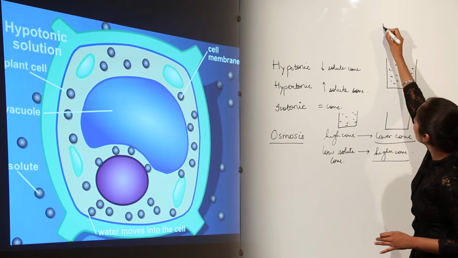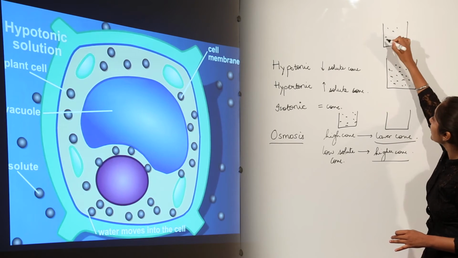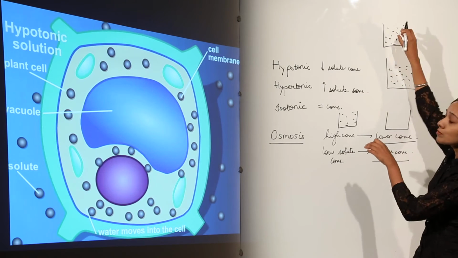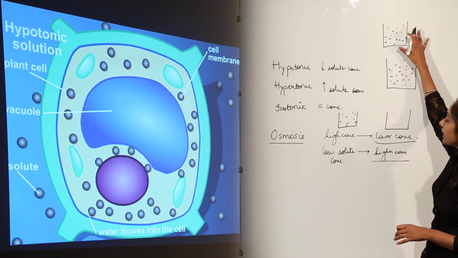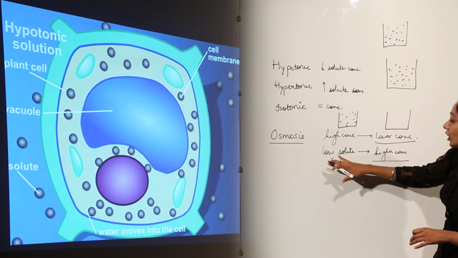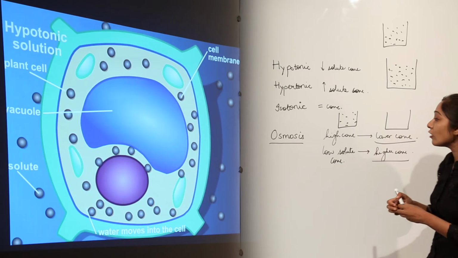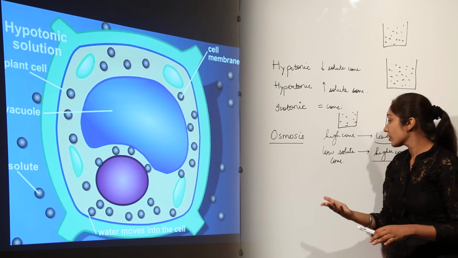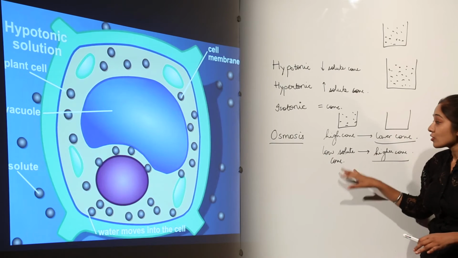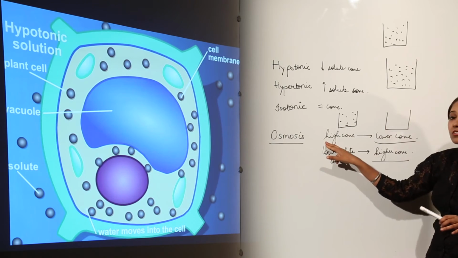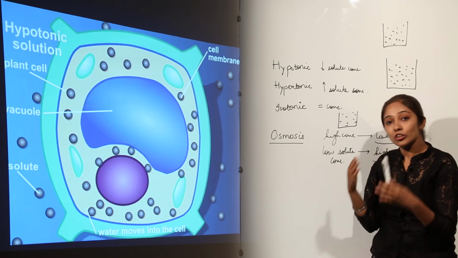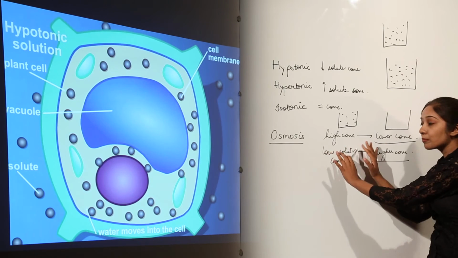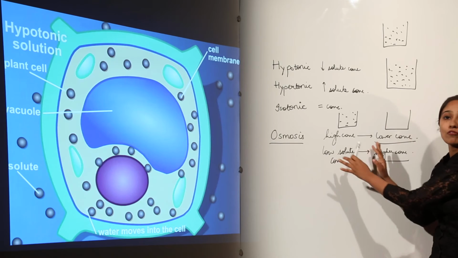If we talk about pure water, there is a higher concentration of water molecules and the solute concentration is less. If you put in a small amount of solute, this results in a higher concentration of water molecules and lower solute concentration. This is how osmosis works in terms of the concentration of water or the concentration of the solute. Water molecules move from high concentration to lower concentration, and solute molecules from lower concentration to higher concentration. So they are opposite in terms of solute or water molecules.